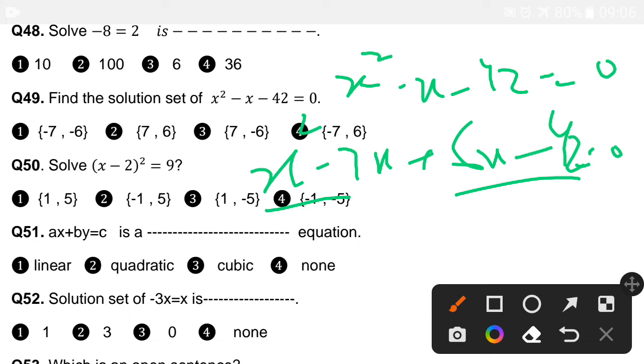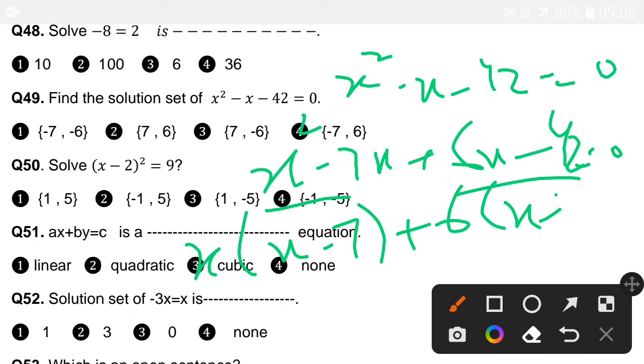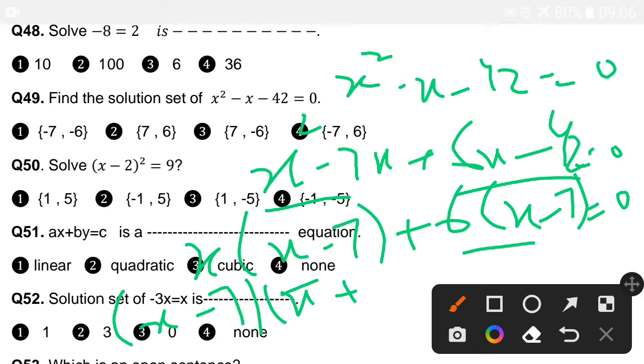Now we have to make pairs. In the first pair we take x common, so we remain with x minus 7, and in the second pair we take 6 common, so we have x minus 7 remaining, and it's equal to 0. Now again x minus 7 is common in both pairs. After taking x minus 7 common, we remain with x plus 6, so x minus 7 into x plus 6